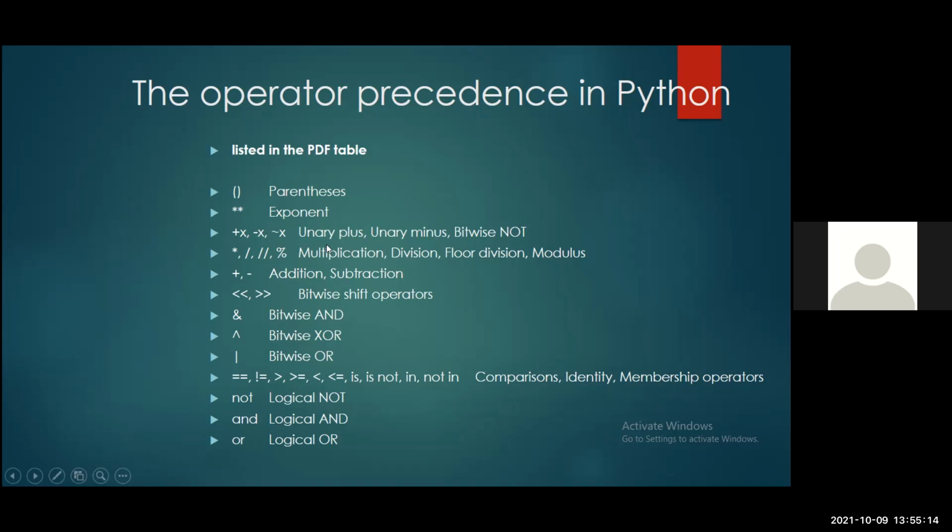The next is multiplication. Here, we are having multiplication, division, floor division, and modulus. All these four of them have the same level of precedence. What does that mean? In short, the order of precedence for multiplication, division, modulus, and floor division is the same. It doesn't make any difference if you compute one before the other. But in the precedence rule, all these are things that guide us on how we tackle these expressions.